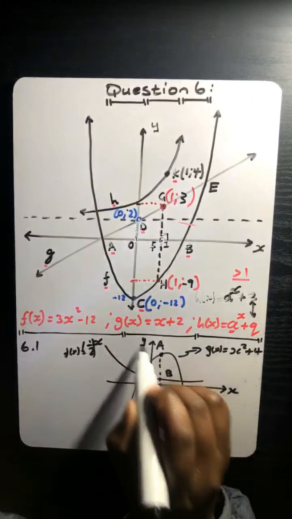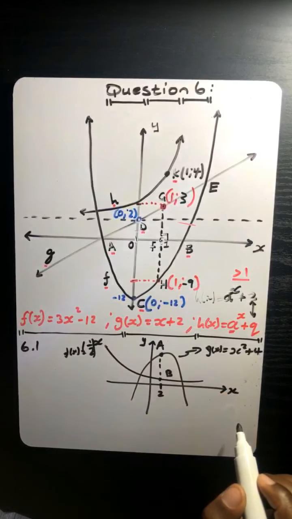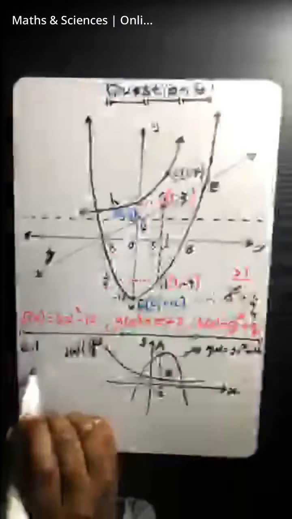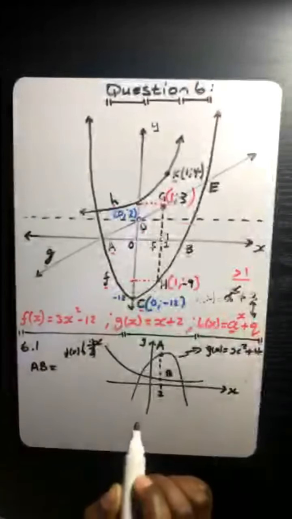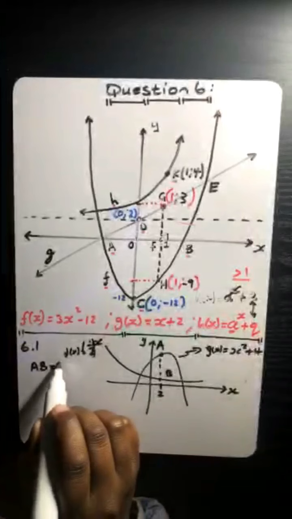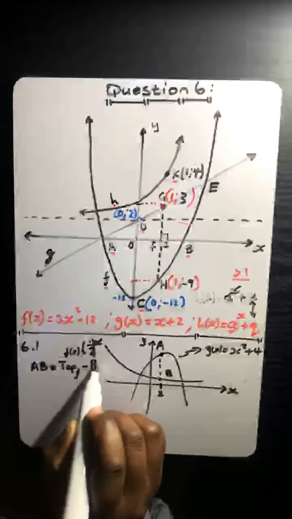2, sir. You are seeing 2. Then between point A and B, which point is at the top, which point is at the bottom? A. Okay, so that means the length of AB in the form of a formula is actually top function minus